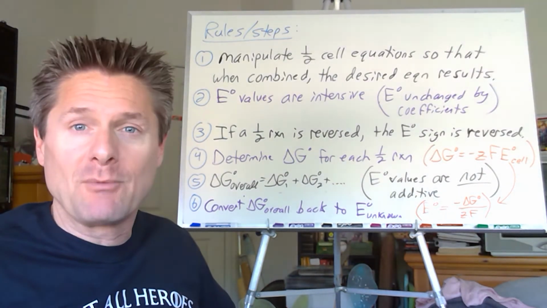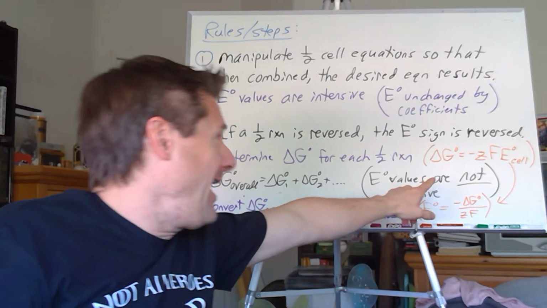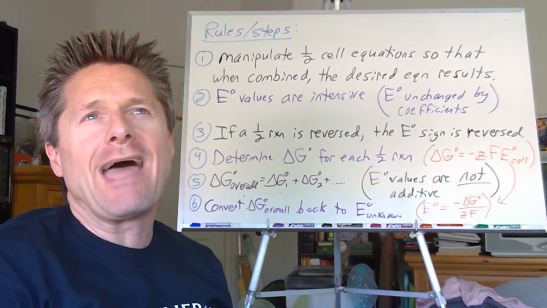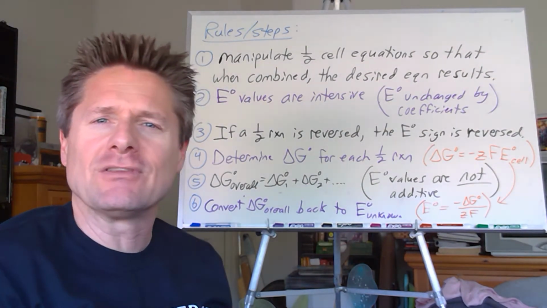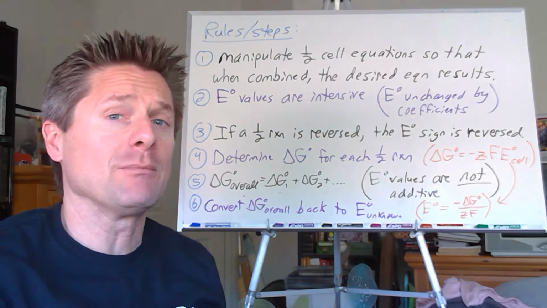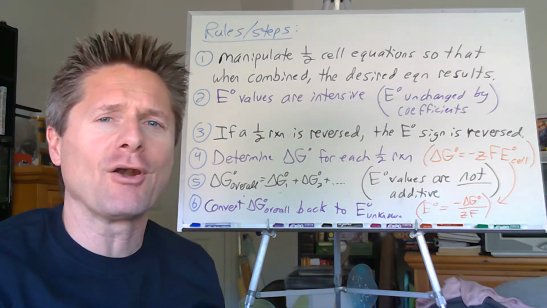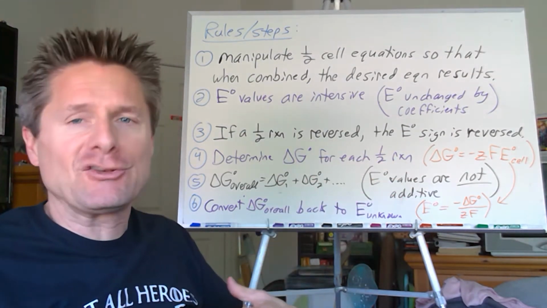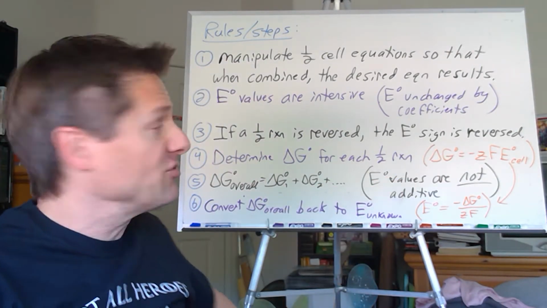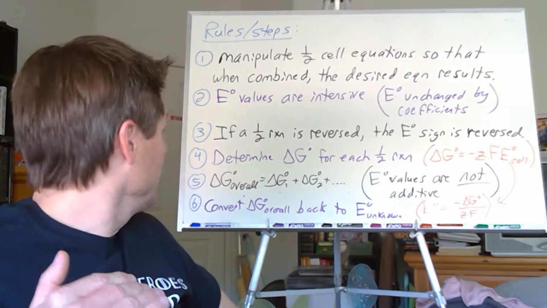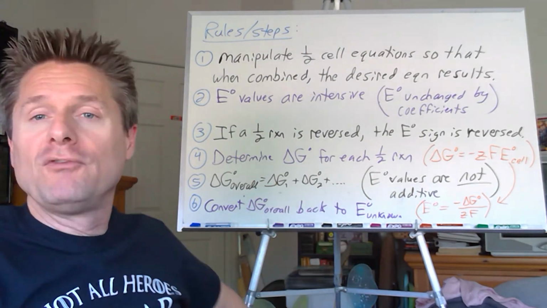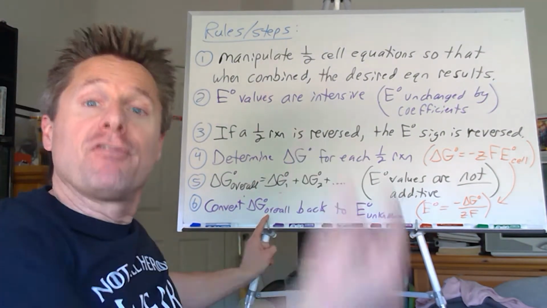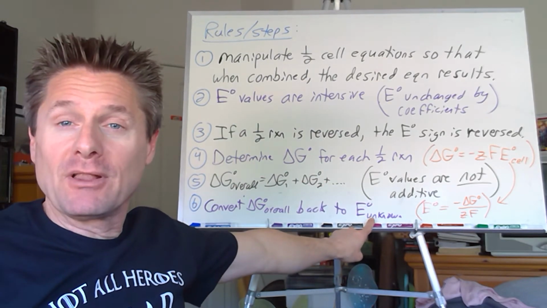This is not true in electrochemistry. Why? E naught values are not additive. Essentially, you could read through why that is, not critical, but when you're doing half reactions, the electron numbers aren't necessarily going to be the same for each one. So when you add them together, it creates some issues. So they're not technically additive. So we're going to have to convert them out of electrochemical information into thermodynamic information. Then we can add them together in step 5 to get the overall delta G value for the new half reaction. Then we go out of thermodynamic information back into electrochemical